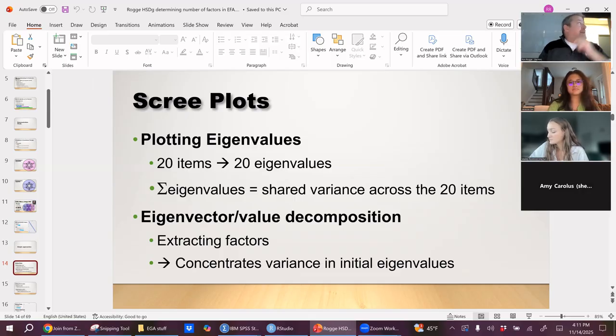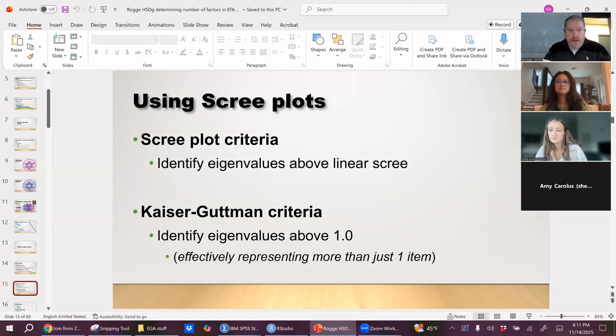So you can create a scree plot by plotting the eigenvalues. If you have 20 items, or in this case, 60 items, the eigenvalue eigenvector decomposition will create 60 eigenvalues. I don't want to get into the weeds, but the sum of all of those eigenvalues will add up to the shared variance across the items. So you can use a scree plot, and